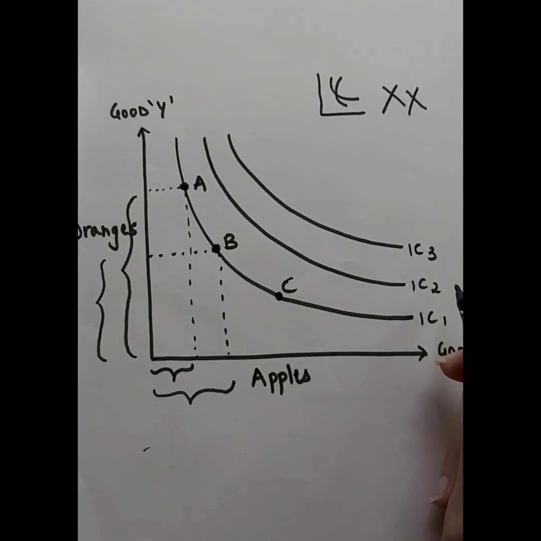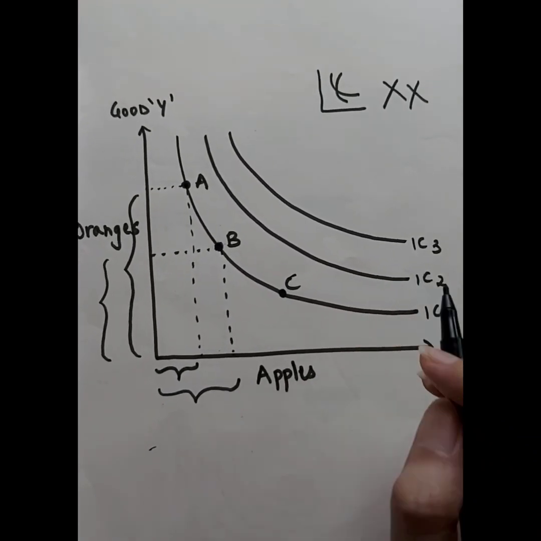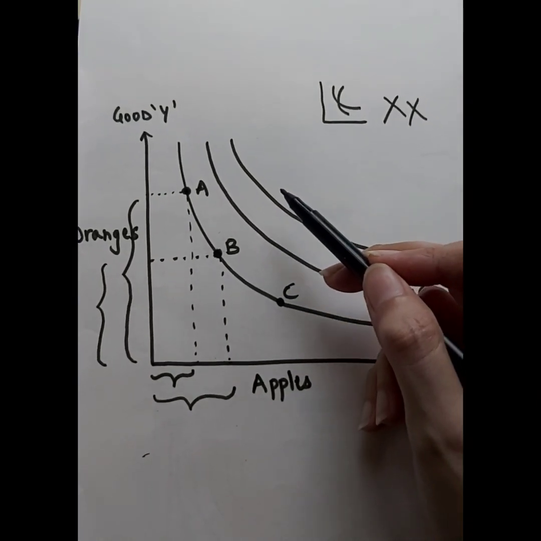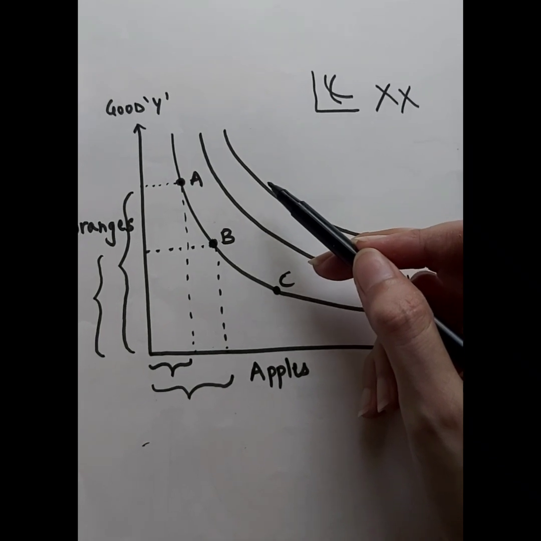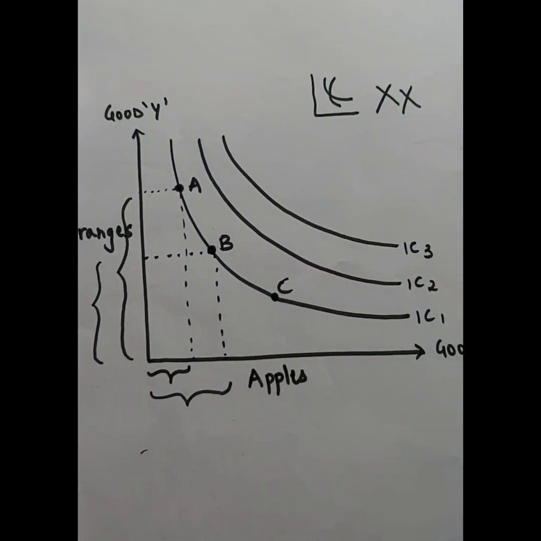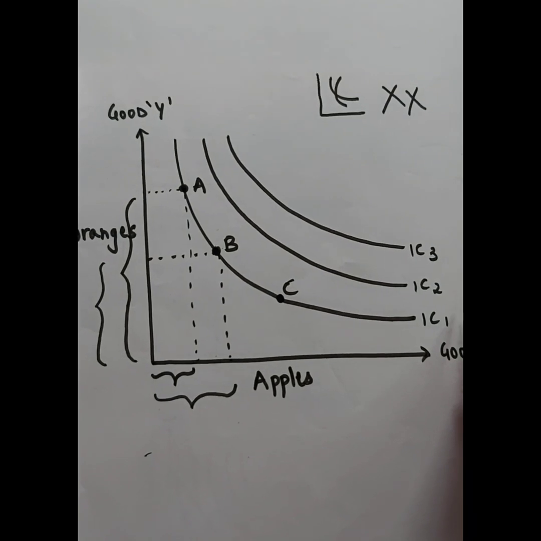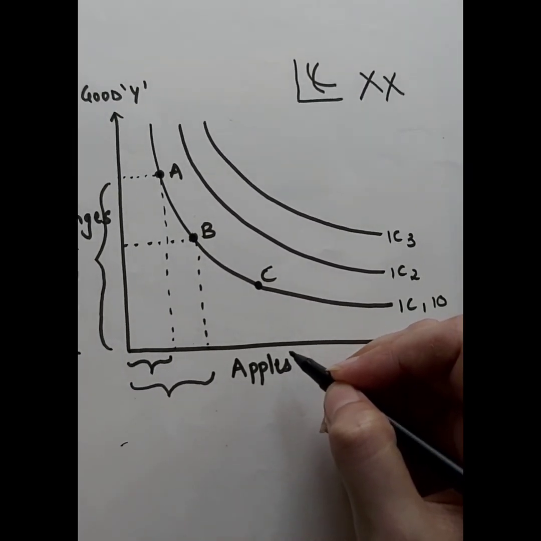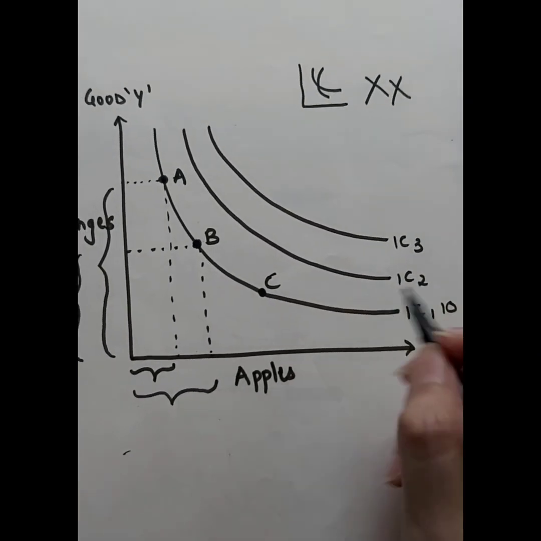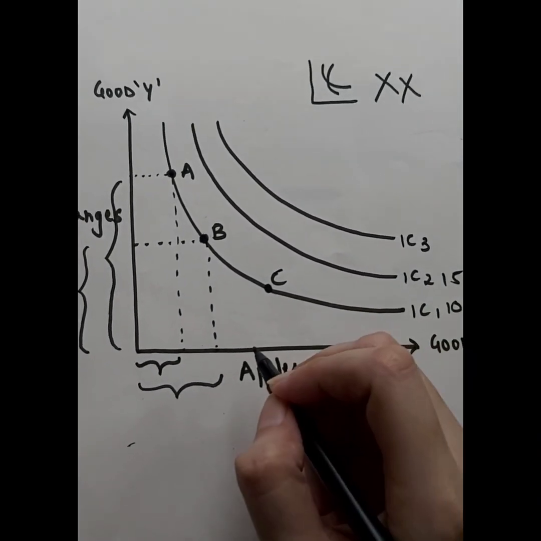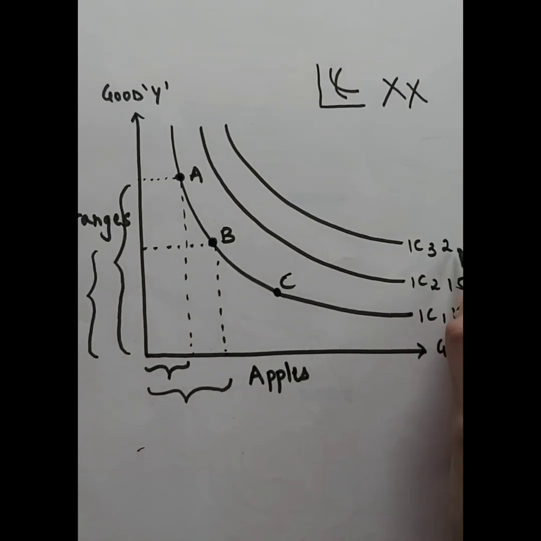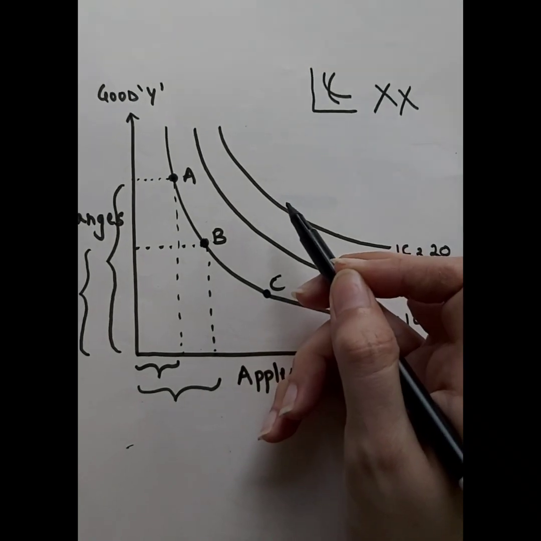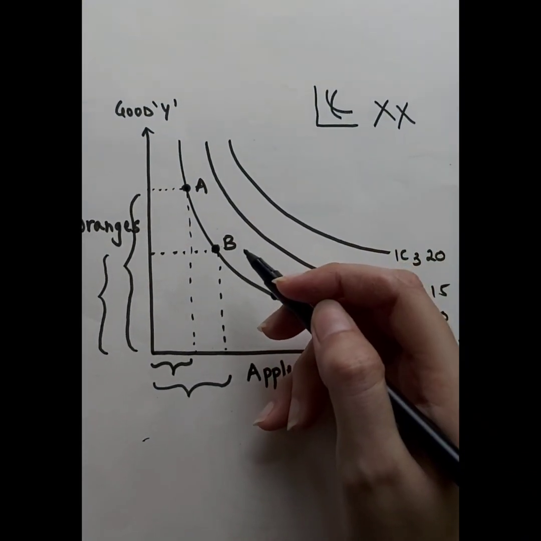The third property that we will be discussing is that the higher the indifference curve, the higher the amount of satisfaction it provides to the customer or any person. We can take an example. The first indifference curve can give, supposedly, 10 units of satisfaction. The second indifference curve will provide 15 units of satisfaction, and the third will provide 20. This is because the higher we go up, the level of satisfaction increases.